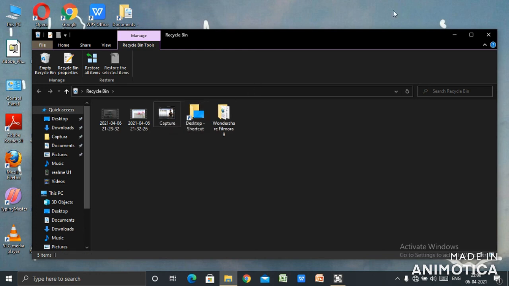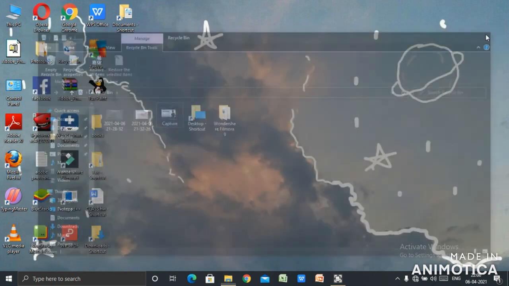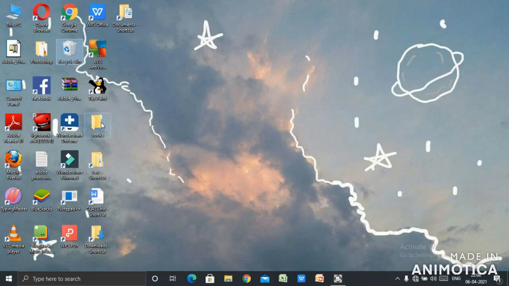After that, I will close the window and you will see again the folder books is visible on the screen. So children, this was about deleting and restoring files and folders in Windows 7.